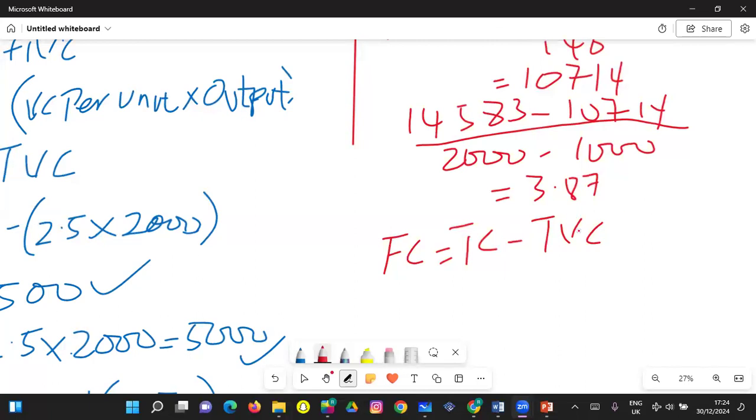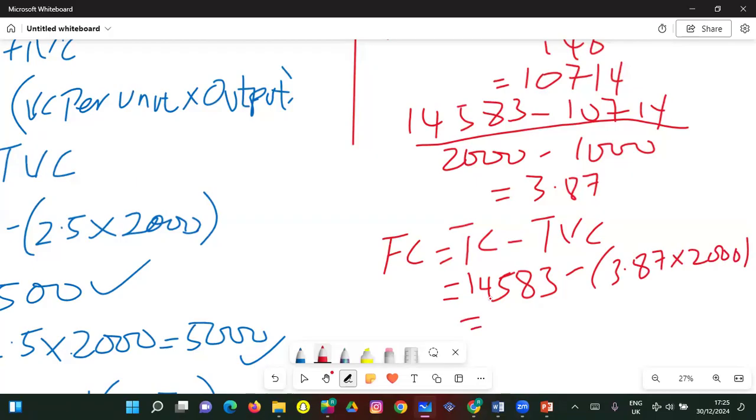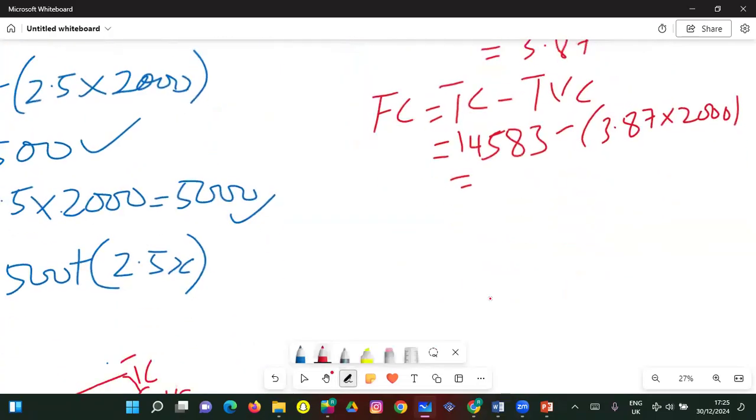So now we use our normal distance. Our fixed cost, we don't know. Our total cost after the deflation at the highest distance became 14583. Now minus our total variable cost, which is in brackets 3.87 times the highest activity level, say 2000. So with this, FC is going to be